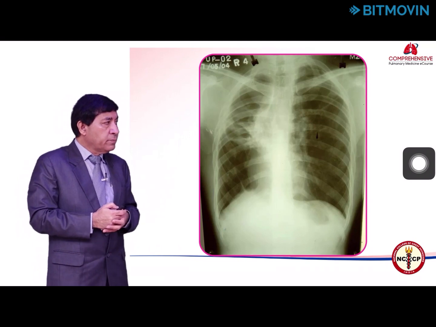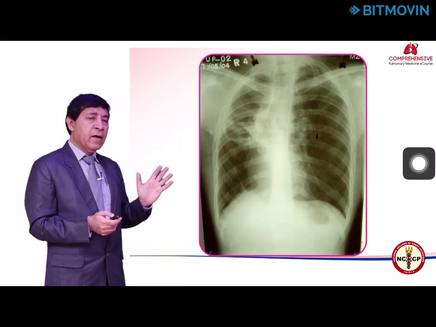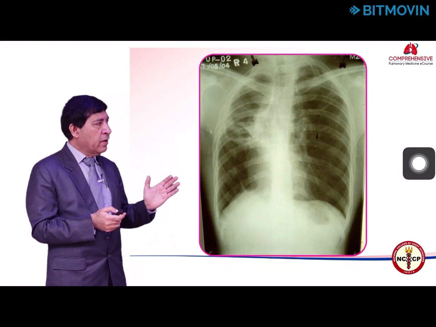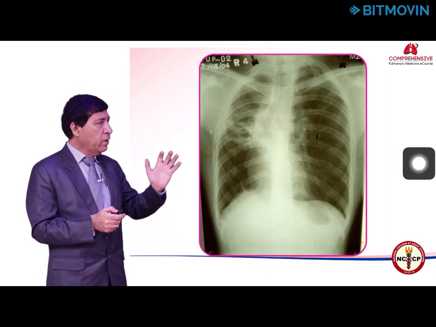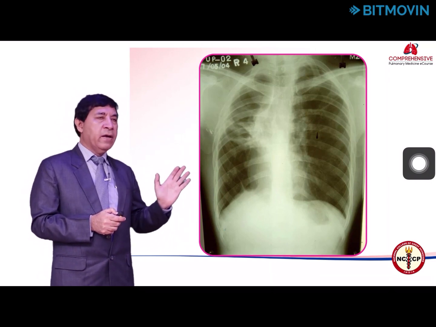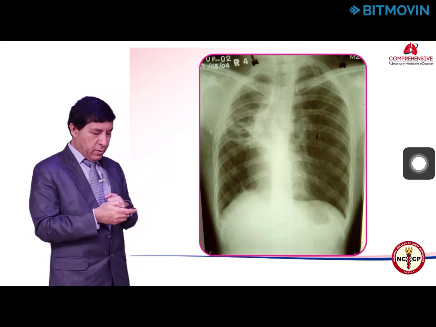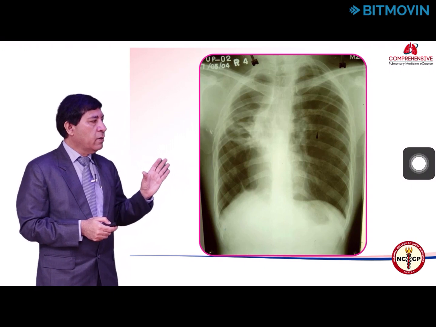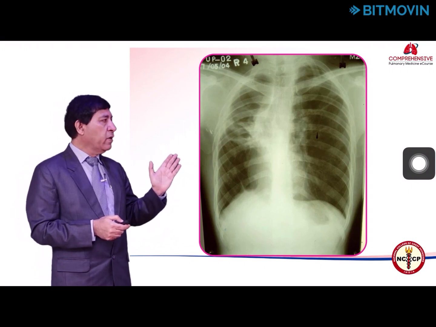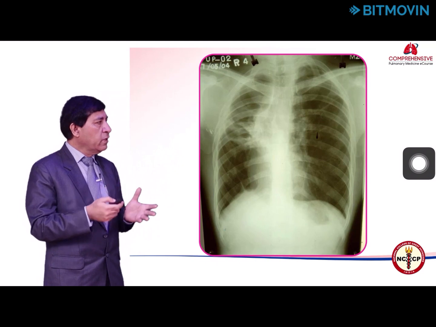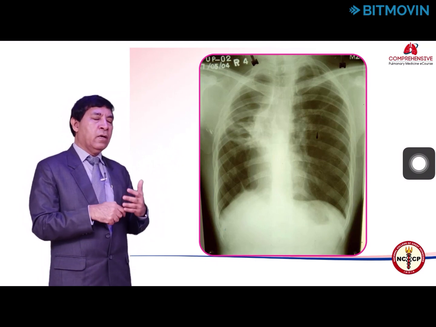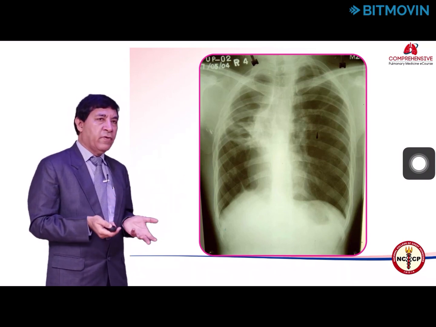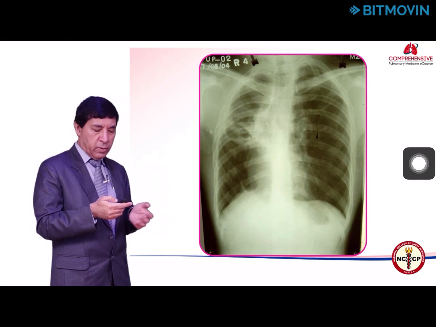This is another case here. You can see that the right hemithorax, which is usually bigger than the left hemithorax, here looks smaller, particularly if you see the upper part of the right hemithorax in comparison to the left hemithorax. So there is a reduction in the size, and the diaphragm is also relatively gone up, the chest wall has gone in. So this indicates that there is a condition which has caused volume loss. Here you can see this patient has significant fibrosis following tuberculosis.